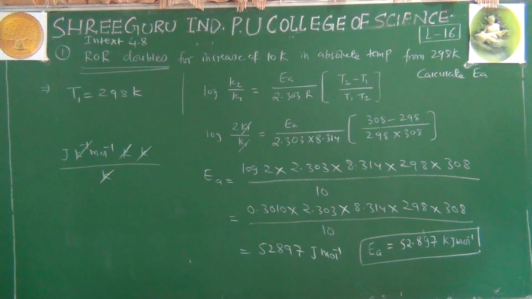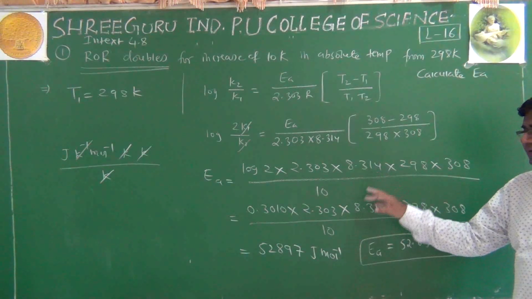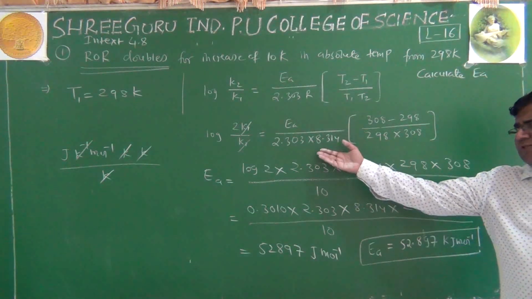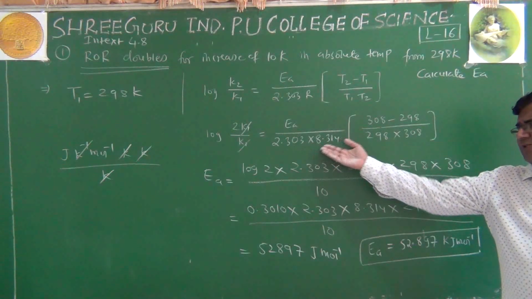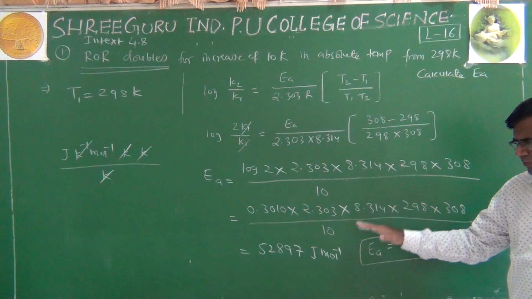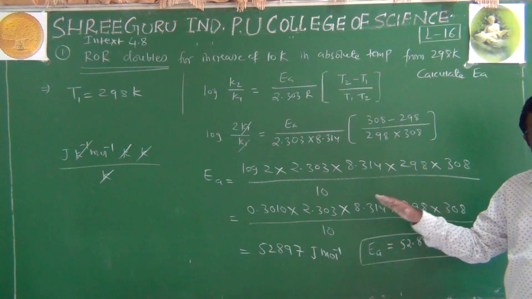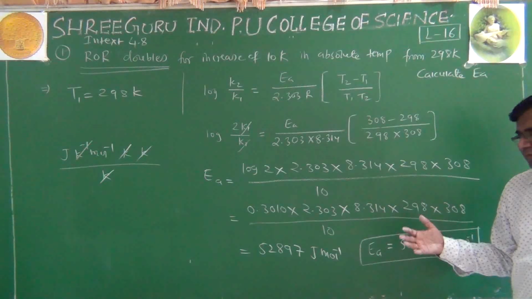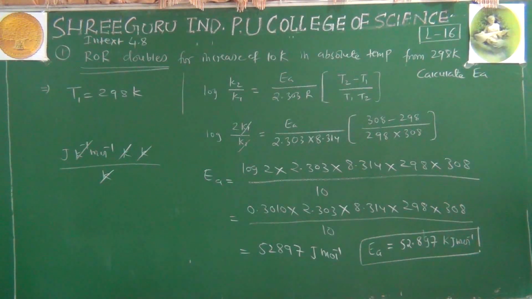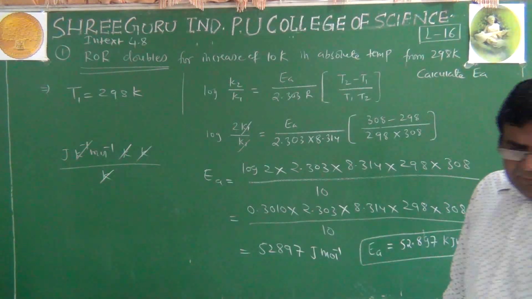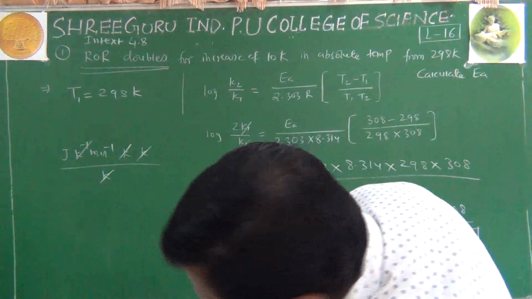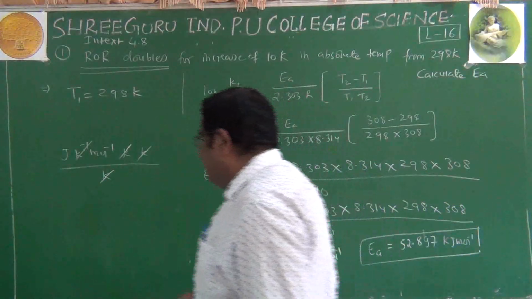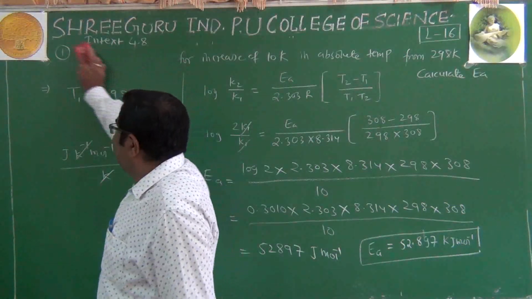So this is a very simple question. Very carefully we have to read, apply the correct formula, substitute correctly, and have patience. In the last step only use the calculator. Don't do these simple calculations at one step, at another step, because if you do the calculation only once, your time will be saved and your possibility of mistakes can also be minimized. So this is the first question in this Arrhenius equation part. Now we will quickly go to the next question, because these are very simple questions compared to the previous questions.